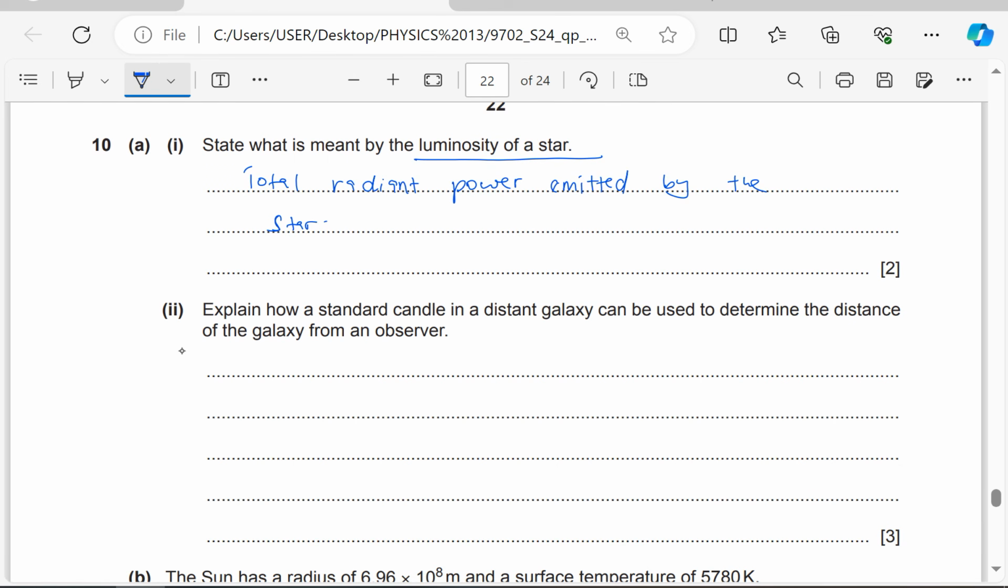Explain how a standard candle in a distant galaxy can be used to determine the distance of the galaxy from an observer. Of course, the distance is got from F equals L over 4 pi d squared. For a standard candle, L is known. What the examiner needs to do is to measure F. And when F is measured, the radiant flux intensity is determined, and L is known, then d can be obtained from that formula. So I will simply say a standard candle